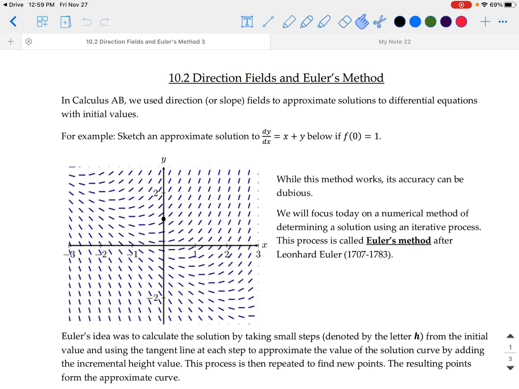Welcome back, everybody. So we're in 10.2, which is entitled Direction Fields and Euler's Method. So our focus is going to be on Euler's method. We've looked at direction or slope fields before, but we're going to look at this additional method called Euler's method for approximating a solution. That's going to be a little bit more accurate than our approach that we took last